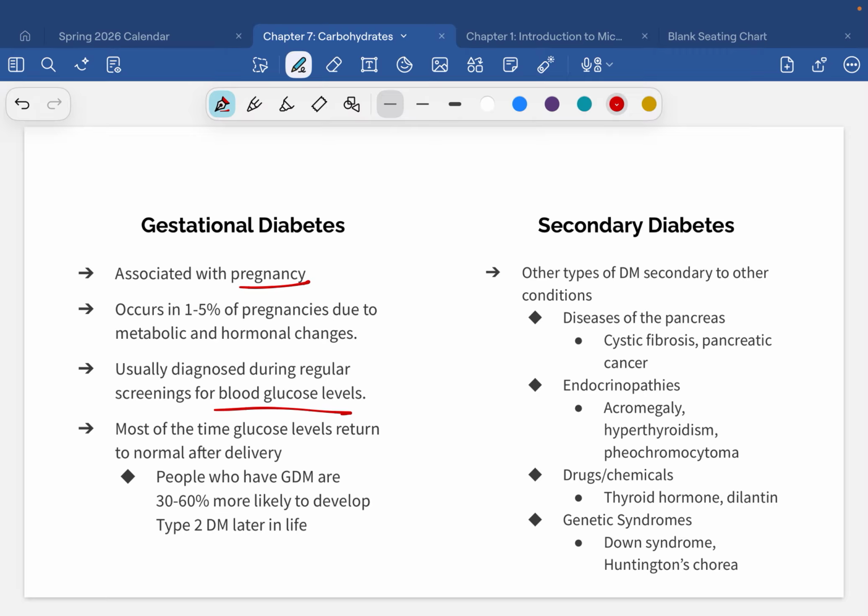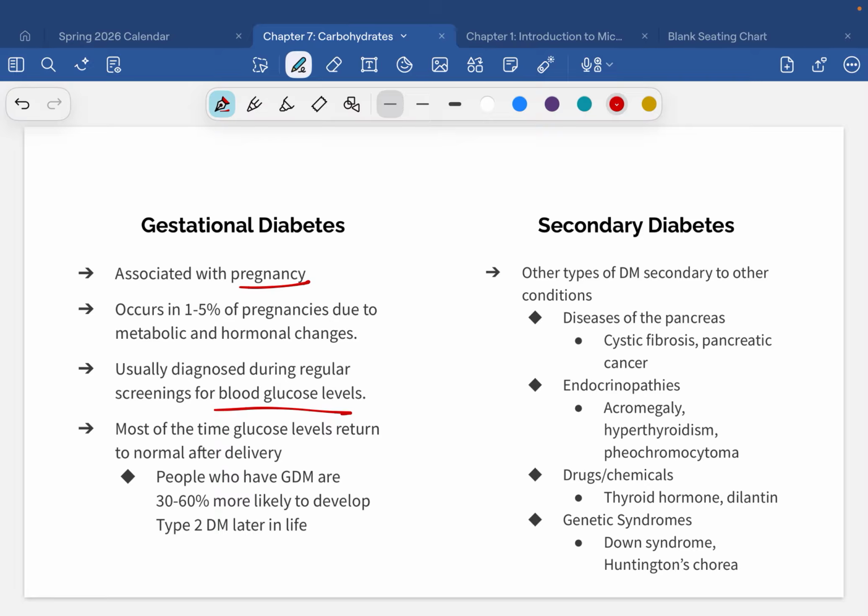But if you go to a typical OBGYN during a pregnancy, at about 30 weeks pregnant, you will get tested for blood glucose levels. They make you chug this awful sugary drink that they know has like 100 grams of glucose in it, and then they measure your blood glucose levels over 2 or 3 hours to see how your body responds to that glucose. Because right after you drink it, your blood levels are gonna spike, but if you're producing and responding to insulin the way you should be, the levels should drop back down to normal within an hour or two. If they don't, then you have a problem.